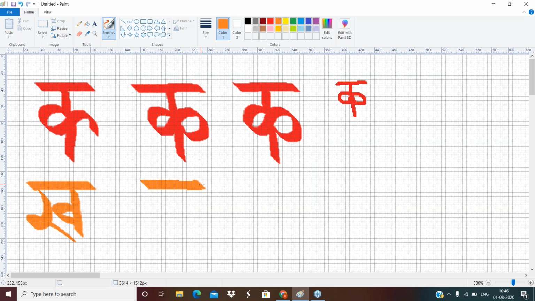So you have to remember that. I draw a horizontal line here. You see there is a little gap here. I'm not drawing this line completely at the edge. And then I keep a small distance and I draw something like a P in Devanagari, whatever it is. So this makes Kh in Sharda Lipi.